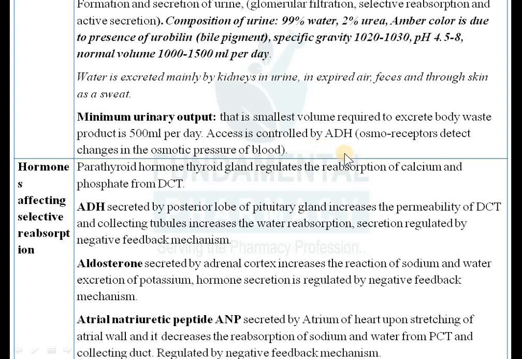Okay, so how will it regulate? It is regulated by osmoreceptors. अगर ऑस्मोटिक प्रेशर अगर ब्लड का कम ज्यादा हो गया, मान लीजिए कि आपका कम हो गया, तो यूरिन रिटेंशन होगा, like that. And it is controlled by a negative feedback mechanism. ये क्या होता है बाद में लास्ट में बोलूंगा। Okay, now hormones affecting the